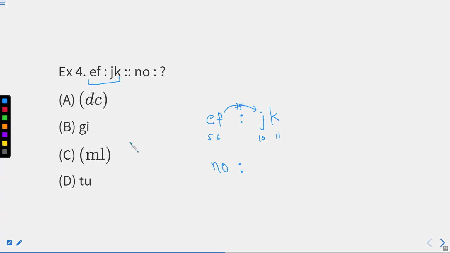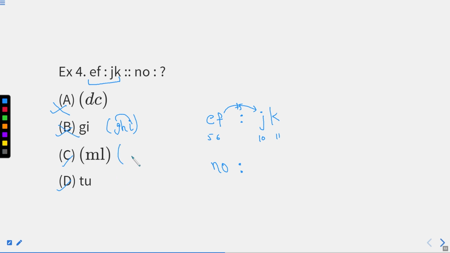So, which of the given options out here is as per the alphabetical series? We know that C comes before D, not after D, so option A will be eliminated. G, H, I is the alphabetical series, so G, I is not the correct sequence. It will not be your answer.